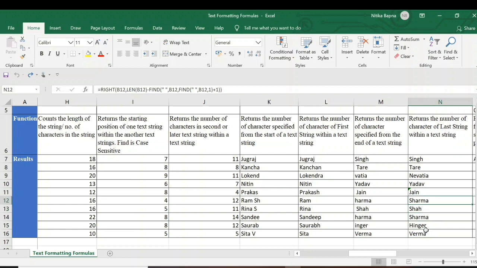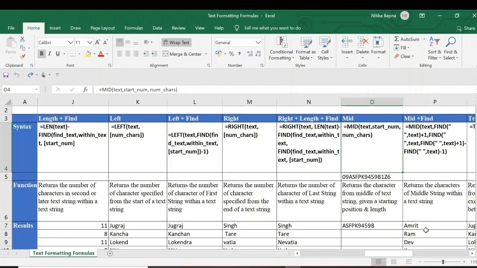Otherwise, without nested FIND also, you can just use one FIND and you will be able to get the result. MID will return the characters from the middle of a text string given a starting position and length. When you know the starting position and length, then you can use this. The syntax is equals to MID, text, then start number, where you want to start, and the number of characters you want.